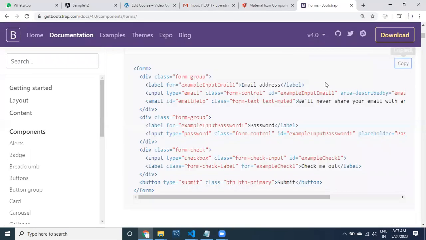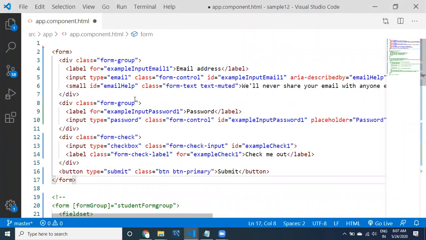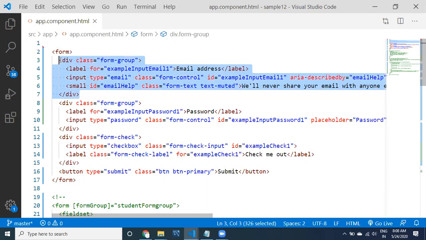Let us discuss the classes related to the Bootstrap form. Before going to that, let's see here, guys, what is this form group? This CSS is for look and feel. Yesterday we worked with forms without any CSS. Now I would like to work with CSS related to Bootstrap. This is going to be the form group.